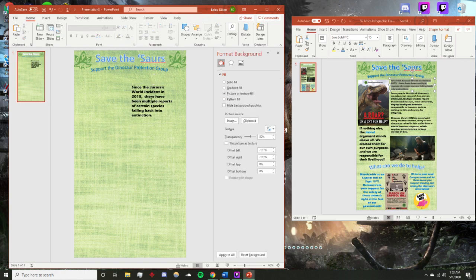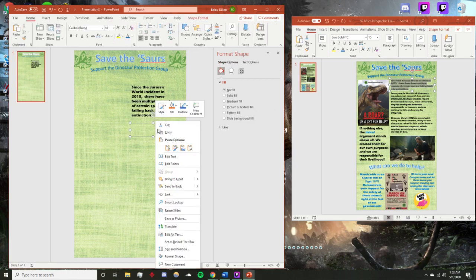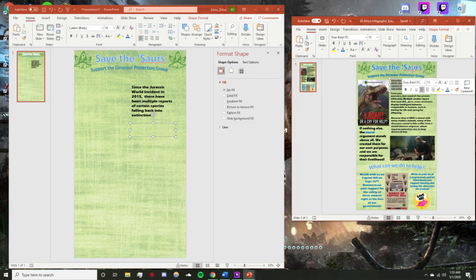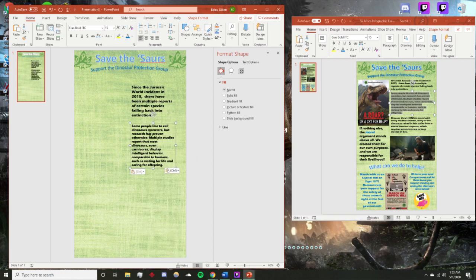You can copy and paste the original text box if you want. You can just do that 4 times to start out with, or you can insert each one as need be. So just for sake of time, I'm basically just going to copy and paste directly from this, but you can adjust the text boxes as much as you need to. See, this one is already a different shape,